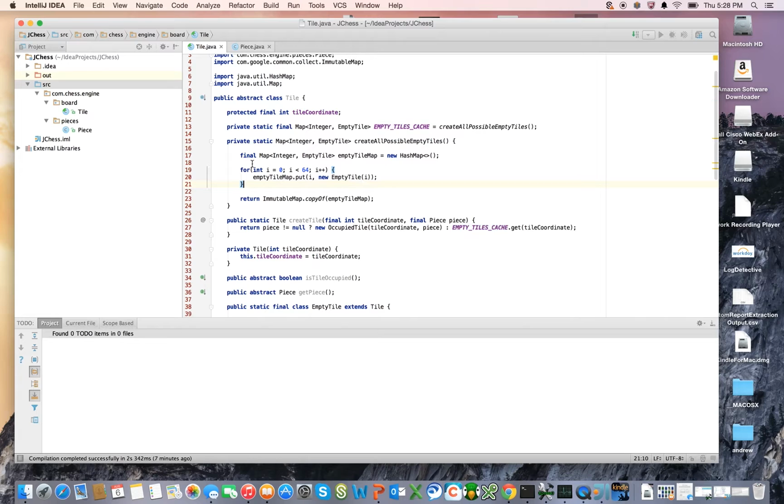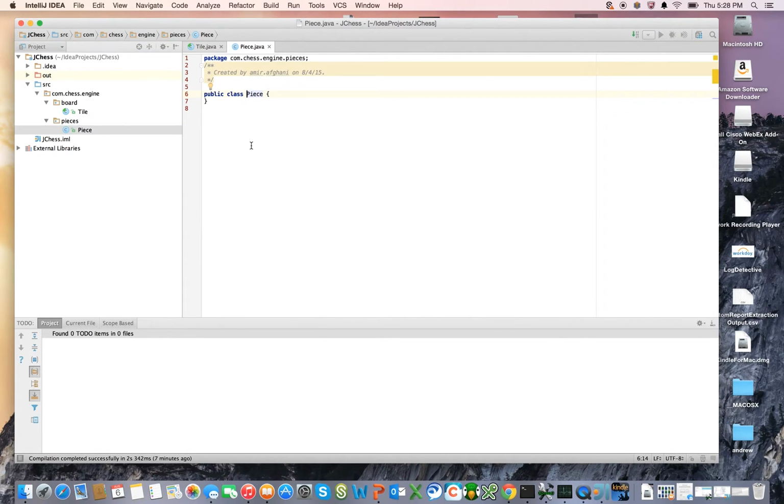Okay, so having said that, let's go in and start fleshing out our piece class. So here I'm going to start by saying that every piece has a piece position, that is to say a tile coordinate that it is occupied on. So let's go ahead and declare a protected final int piece position member field, and